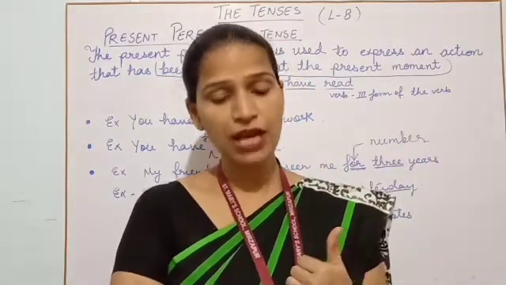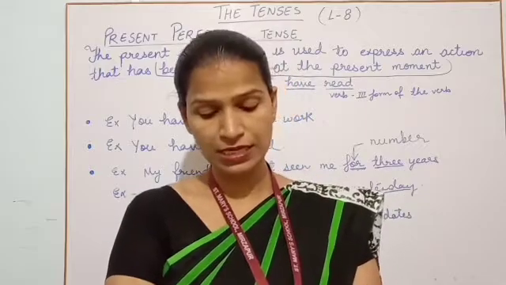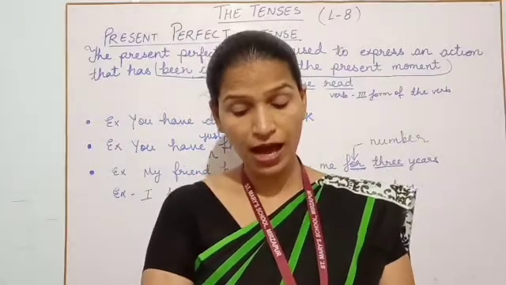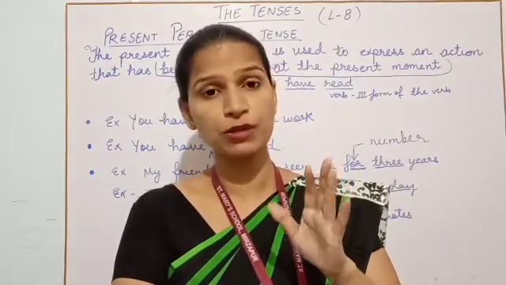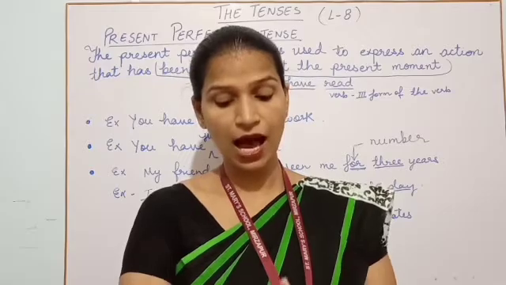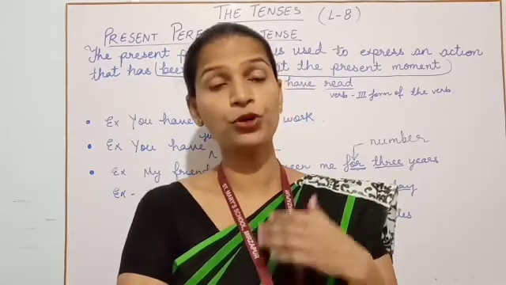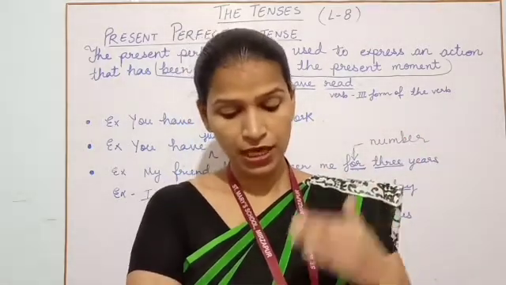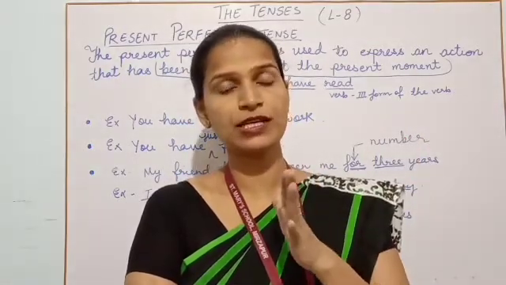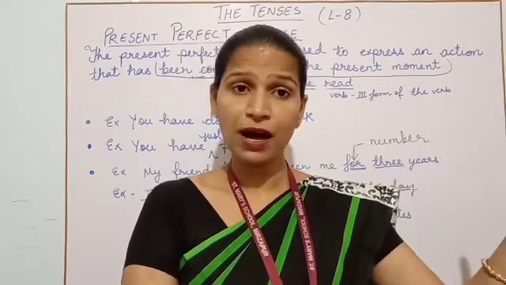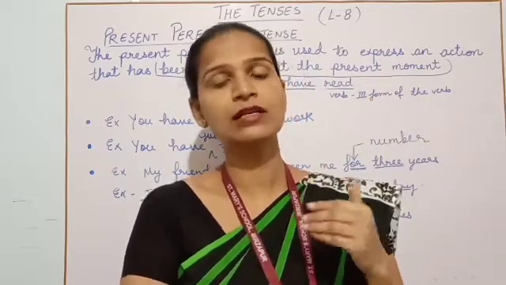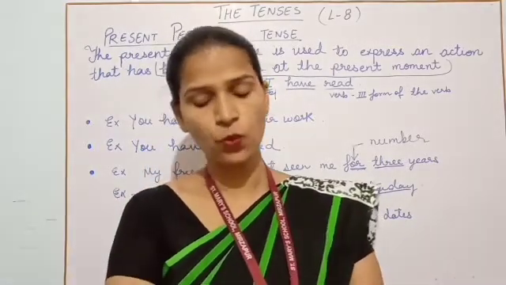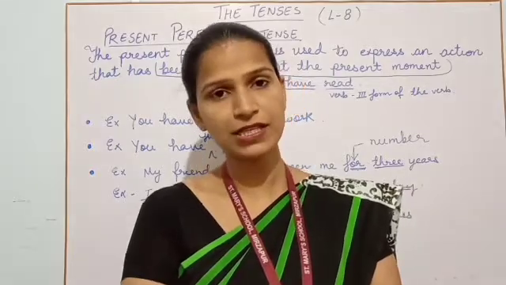Suppose I say, we have gone to the beach many times. We have gone to the beach. I am not saying that we have finished. Now we are not going to the beach anymore. The sentence says, we have gone to the beach, means we have gone several times to the beach in the time period. When I am telling you, it indicates that in the past until now, several times we have visited the beach. These are the things when we can use present perfect tense.